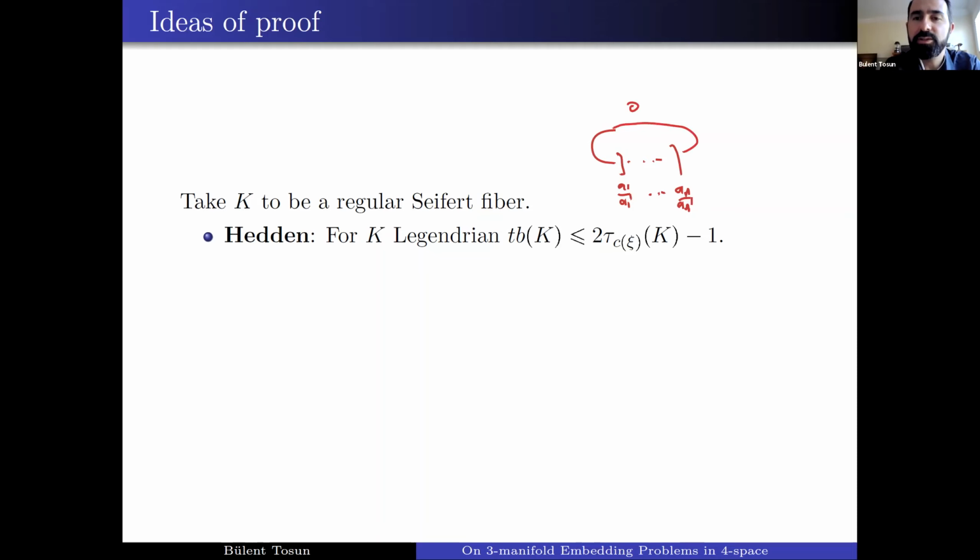So this is 0. So what will be my knot? It will be just a regular fiber of this Seifert fibered picture. This is my K. Okay. So now